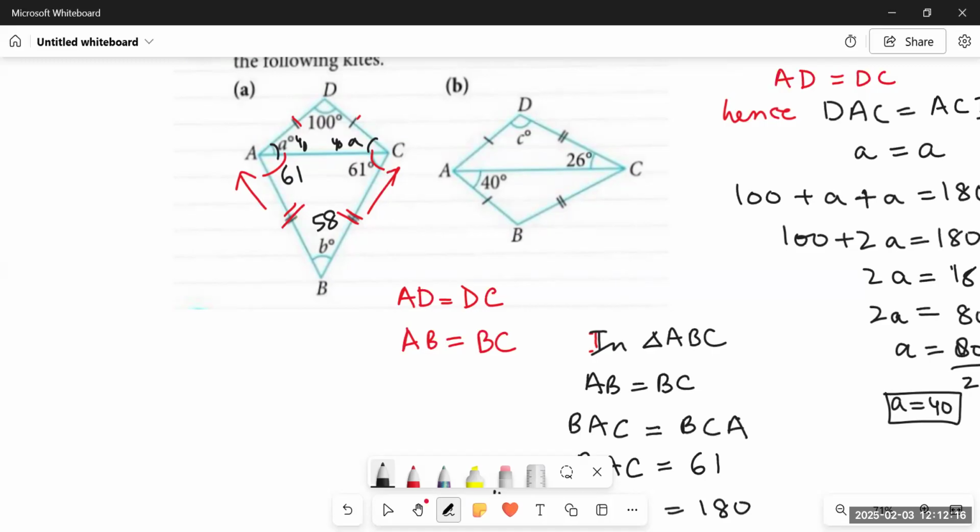But in the second triangle ABC, the one angle that was given was equal to one of the unknown angles. So what we did, first we replicated it towards its equal angle, that is 61, 61. After adding the two, we just subtracted it from 180 to find out the third angle.